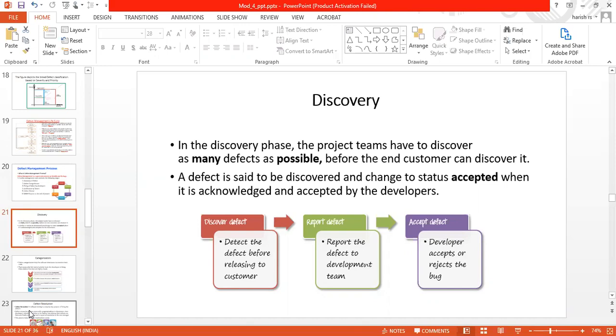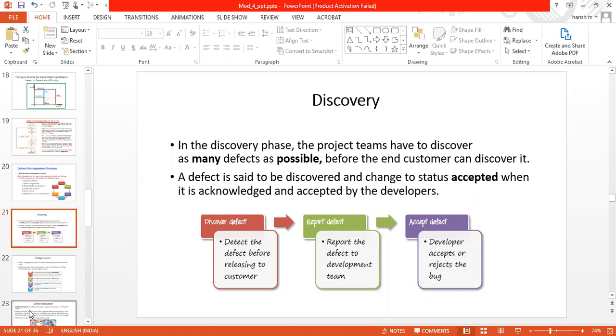What happens in discovering the defects? The defects that we are going to find out before the product is released. Report means we are going to report it to the development team. When the development team accepts it, they send an acknowledgement to us saying, okay, fine, we are accepting this. Otherwise, they have the right to reject it: if they are not valid defects, if the tester just gives them for pulling down the software, then we can say it is a defect which is to be rejected.